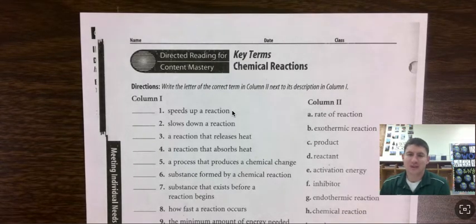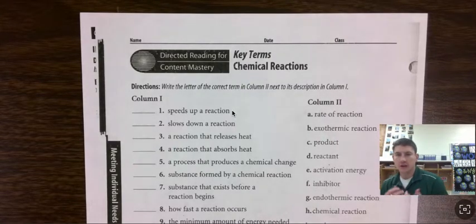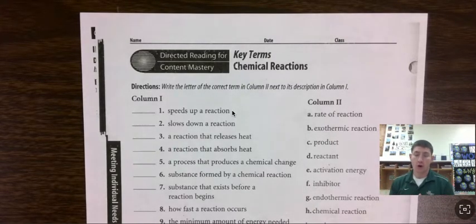Hey, 8th grade. Today in science class, we're going to go back and make sure that we've got a complete understanding of the key terms and the overall overview of what Chapter 7 was all about in terms of chemical reactions. The type of reactions that are happening, exothermic, endothermic, the release of those energies, and then the rate of those reactions and how those reactions take place with reactants, products, maybe with activation energy, inhibitors, catalysts, put all those